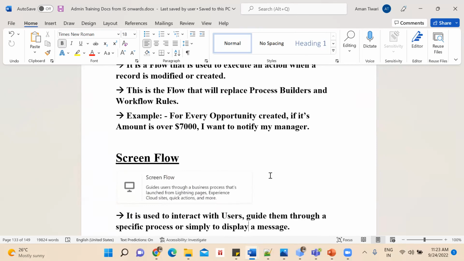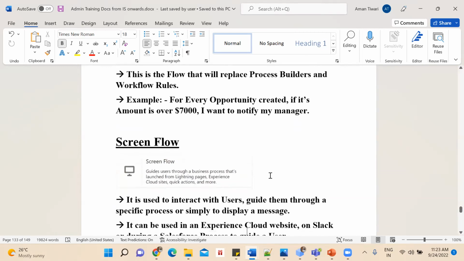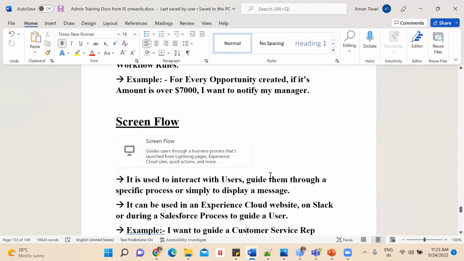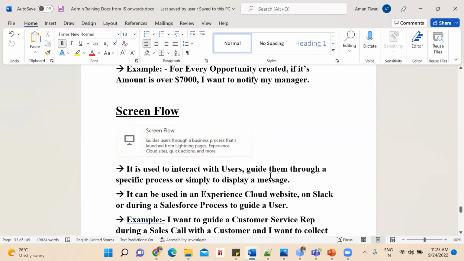You fill out some details, and at the end you get a message that your org is about to be created, please check your mail. That particular part can be implemented using screen flow. It can be used on an Experience Cloud website. Recently you can use it on Slack as well, or many other places, like a record page or home page. All these other places you can use it as a screen flow.